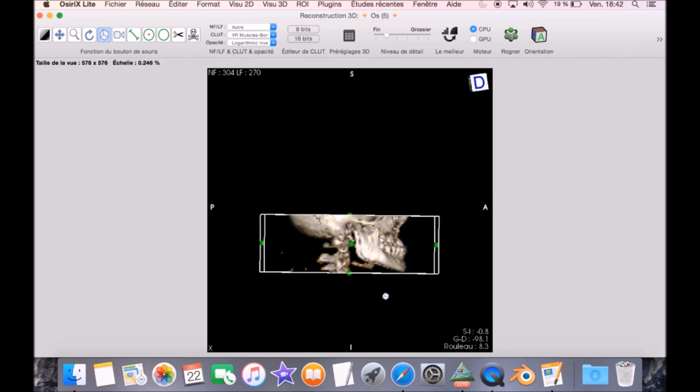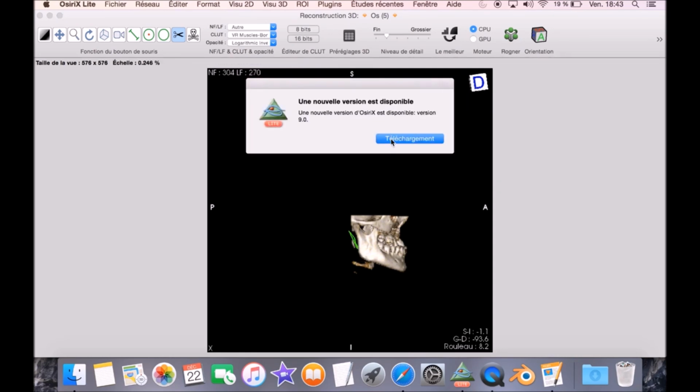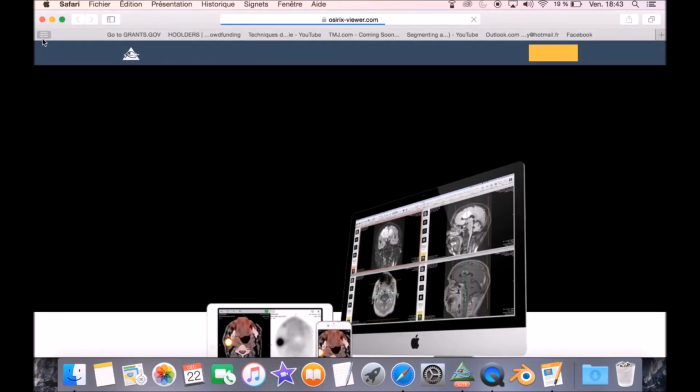purposes in 3D, and in this case I will not even do a Frankfurt plane. I will just erase everything, and not keep the external hearing canal. I just want to extract the jaw. And then when I'm done, I hit the tool again, and now, because you have the hyoid bone, some styloid process, everything, I want to be more precise, so you use the scissors tool here, and again